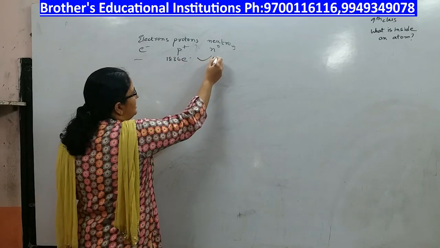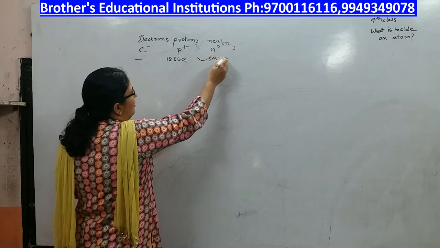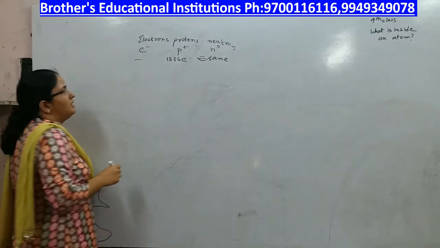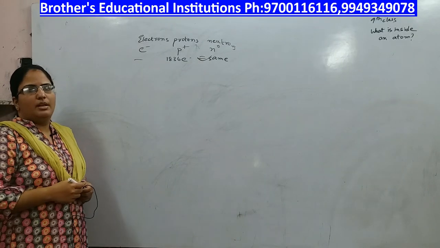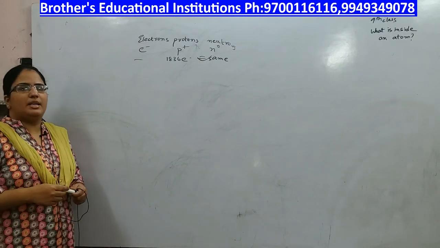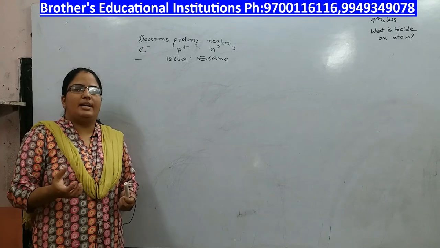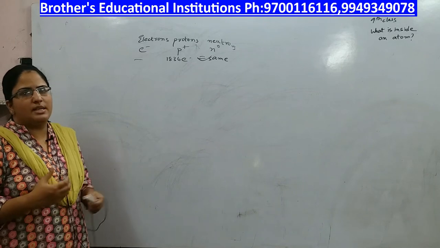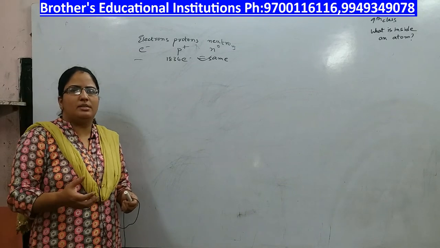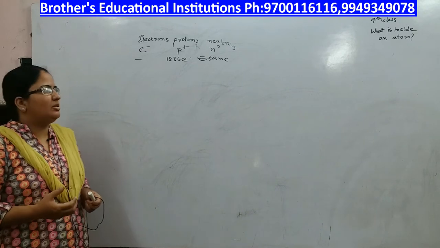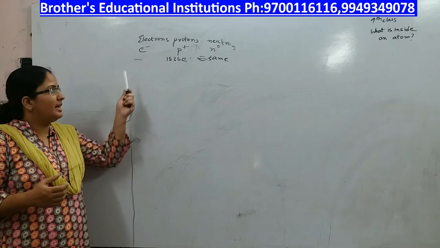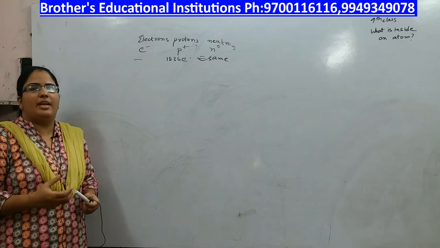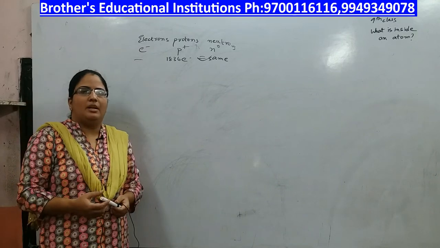mass is the same as that of protons. Mass is almost the same. Now, we have discussed these particles, but how they are arranged inside an atom is another important question. You can discuss your own models regarding the arrangement of electrons, protons and neutrons, and let us see if they are correct or if it is possible.